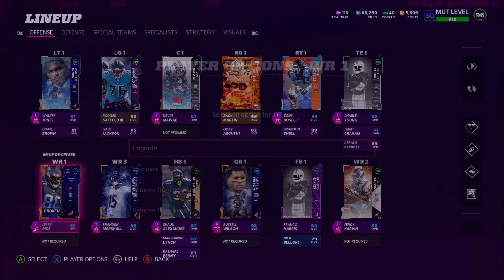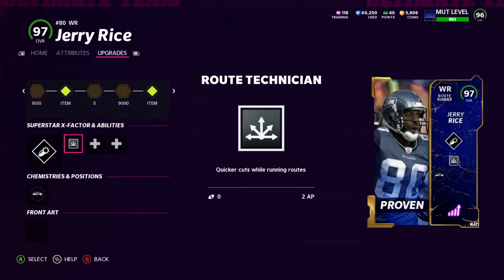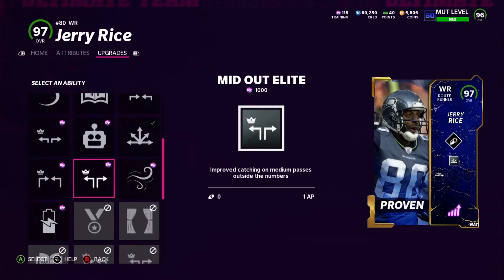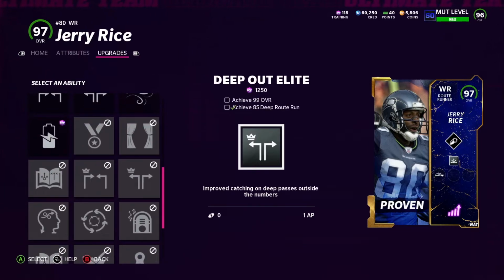Now for wide receivers, there's a couple of abilities that I do think really stand out. First, obviously, is Route Tech. I do think Route Technician is just the best ability for wide receivers in this game. And obviously you want to get it on route runners because it's 2 AP for them. Another ability I think is very, very good, obviously Deep Out Elite. Not only does it work on catches, but I've actually seen it work on breaks. Especially on current gen, if the receiver's route breaks in that specific time area, for example, if the receiver route breaks on a mid out,